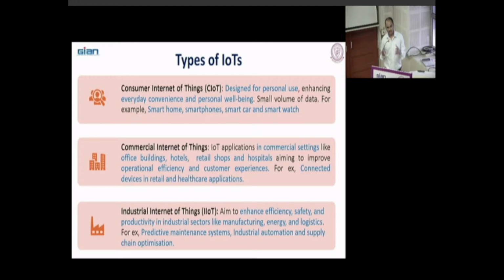Predictive maintenance means, as I gave the example, if you have a couple of machines in your factory and you attach the IoT devices there, it will analyze and monitor the production level, the speed that you are running at, and it will tell you how much time is left in that machine's useful life, when that machine needs maintenance. So those kinds of operations you could do there. So that is the industrial Internet of Things.